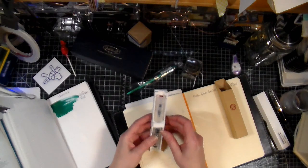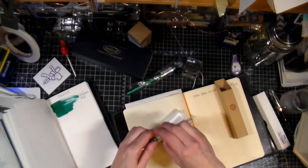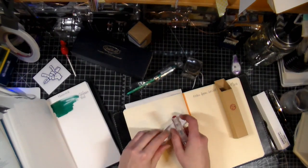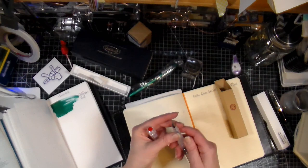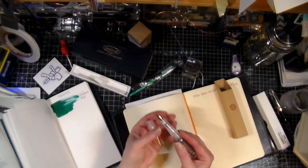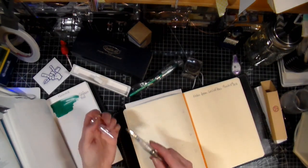I'm not sure, but it's the TWSBI Go, and it's a TWSBI that I didn't have, obviously, because I didn't know it existed, and I got it in the Broad, which is a nib that I didn't have in TWSBI. So I thought it would be really fun to try. I'm trying to have as many different pens